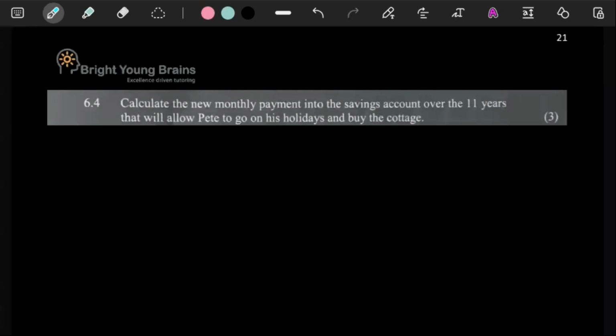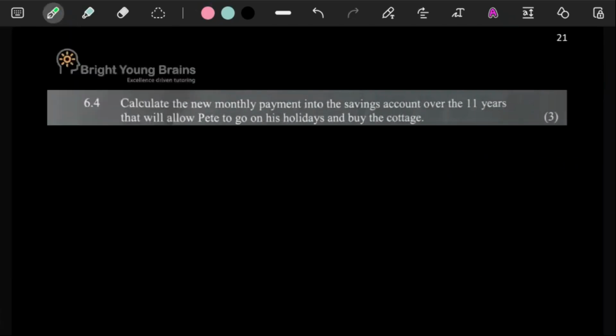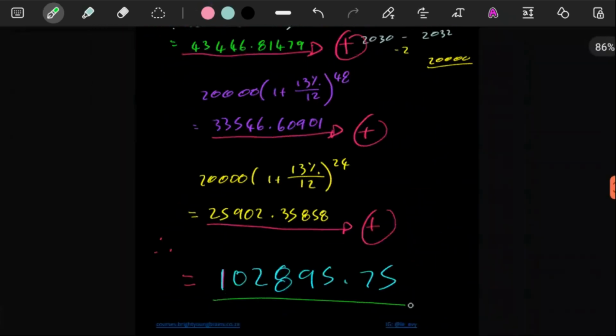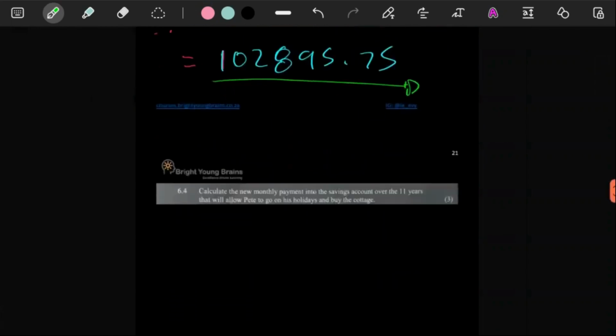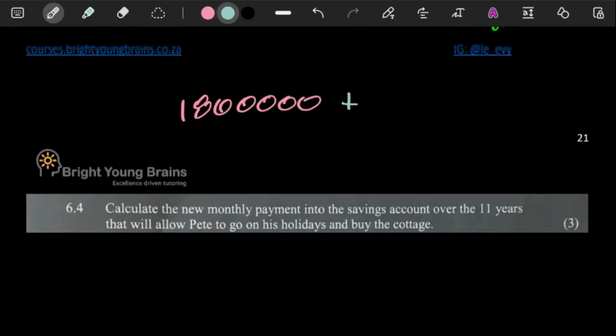We need to think, whatever happens in these months, if he wants to be able to take out this money, he just needs to make provision for it in the beginning of his investment period. So instead of aiming towards having this much in the account to begin with, he should aim to have that much plus the